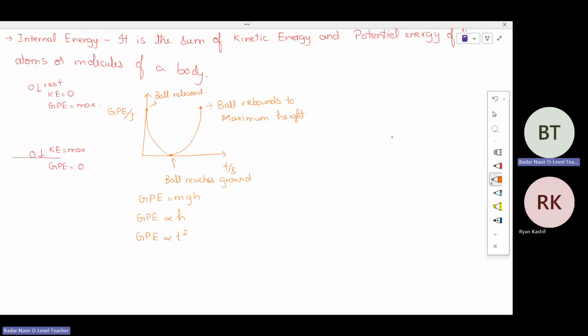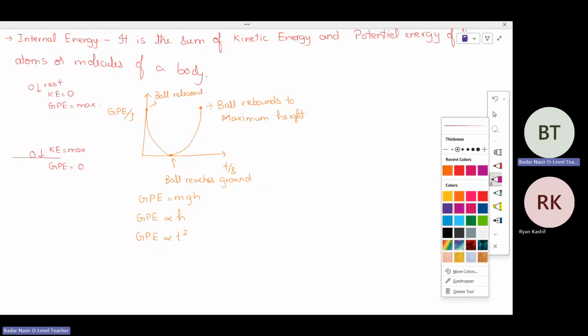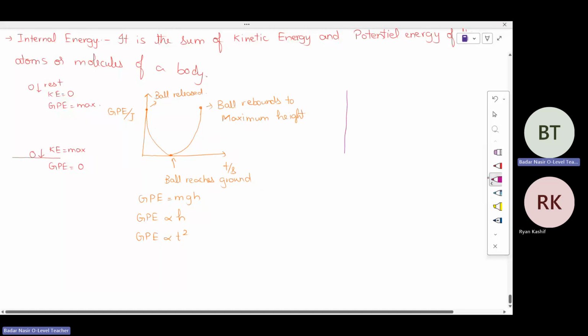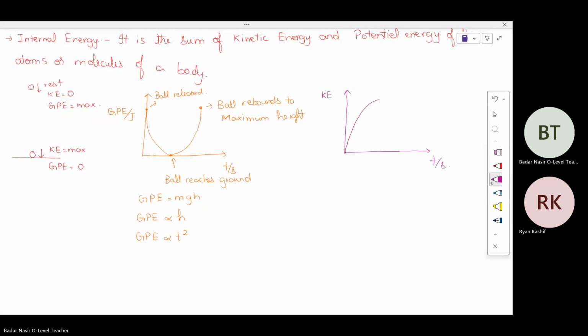Okay, besides that, let's say we have to sketch a graph for the kinetic energy as well. Let's say if I have to sketch a graph of kinetic energy against t, okay, so this point is where the ball has been released, at this point the ball reaches the ground, okay, and after this again the ball rebounds to maximum